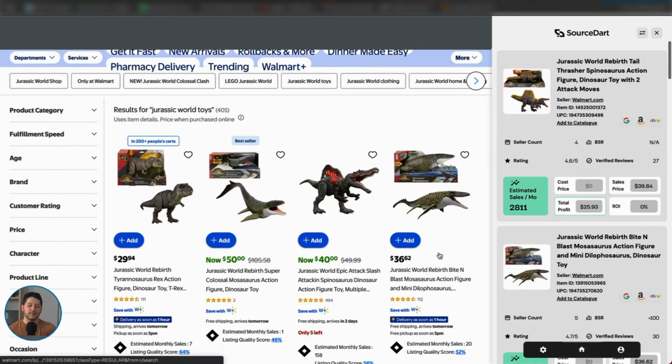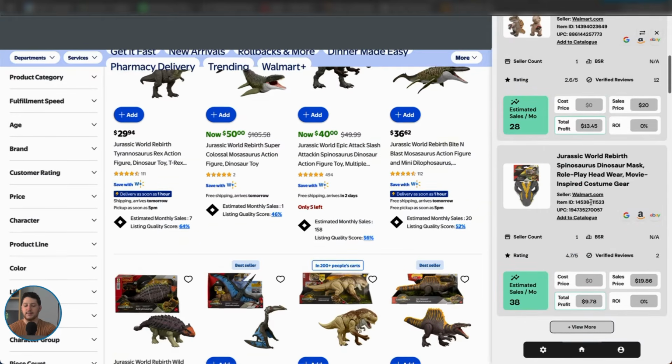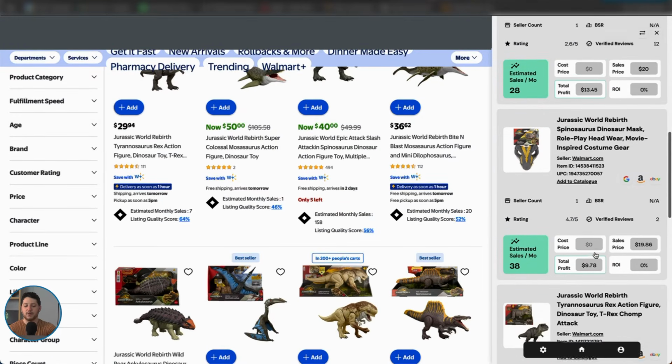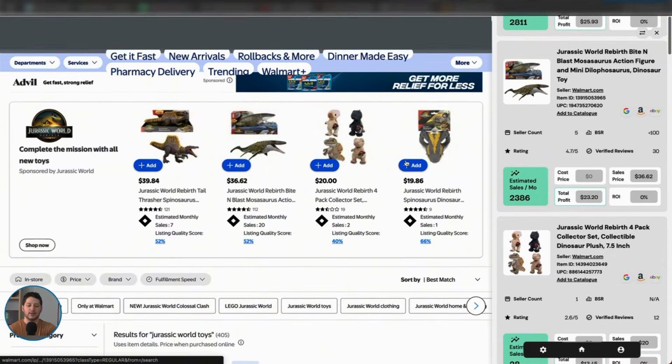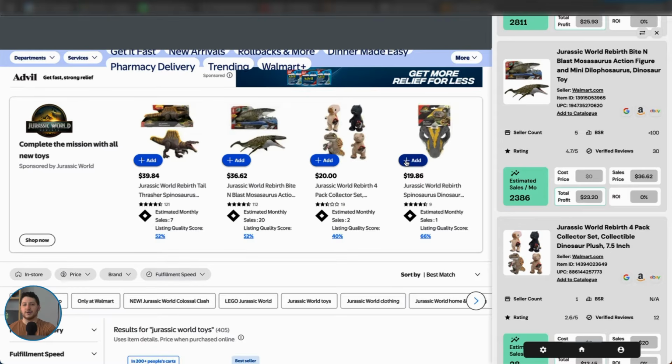It will show me the number of sellers, it will show me the BSR, estimated sales, and from there I can go ahead and I can determine based off of this information if I want to view any of these products. So it allows me to go ahead and speed up my product research like crazy. And I can do this not only on any search page, I can also do it on any seller storefront. I can do it on the clearance page and really any page on Walmart. So this is going to save you a ton of time, making this a no-brainer tool